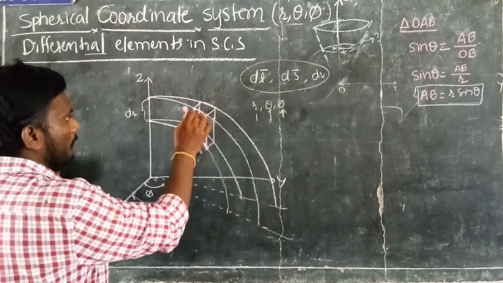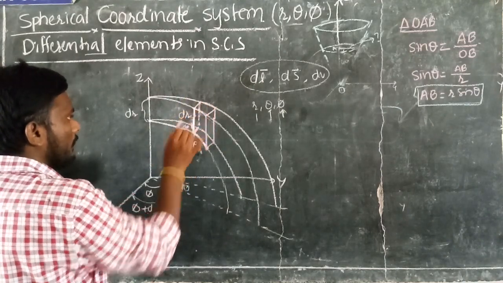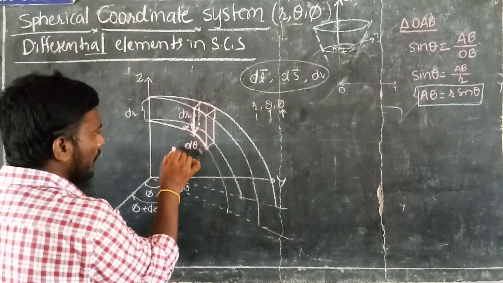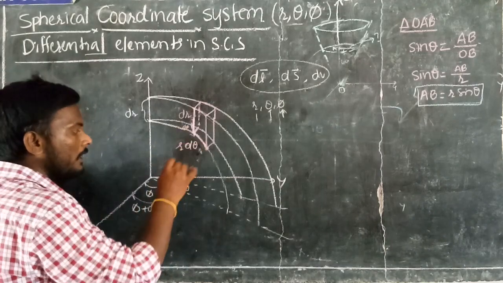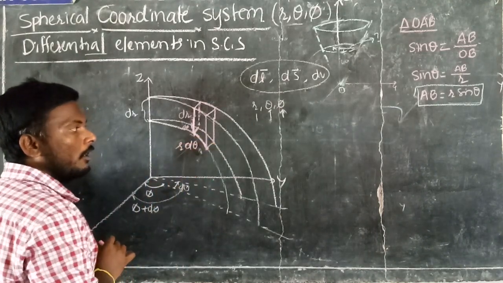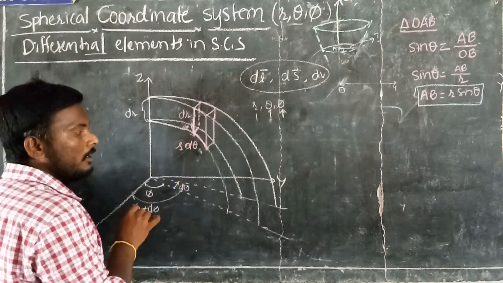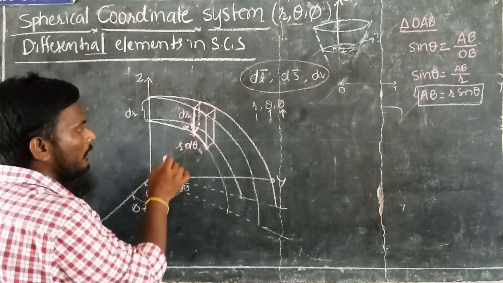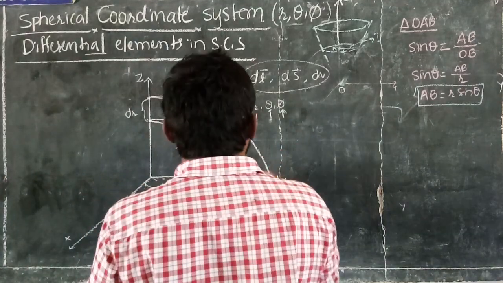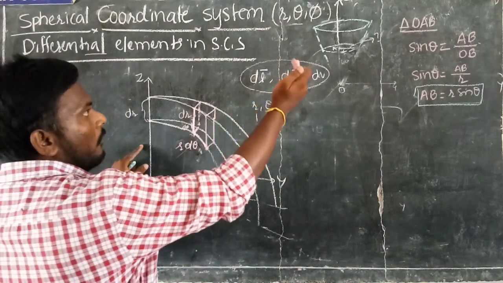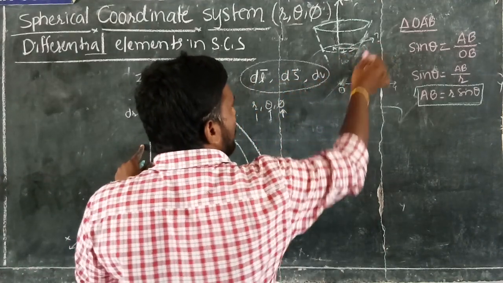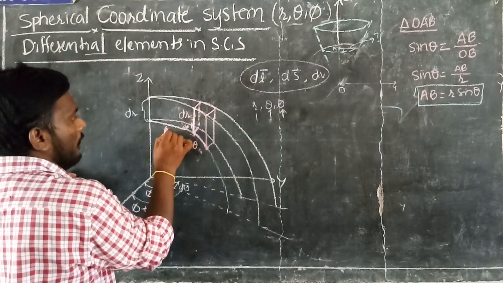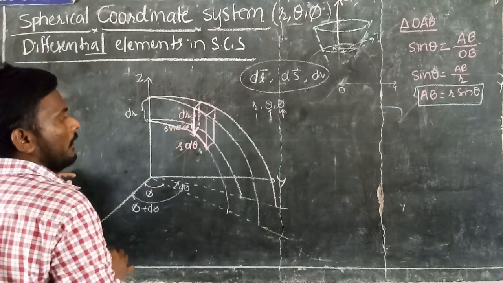Now first we should represent the vector lengths. So it is dr. Obviously it is correct. It is dr only. But see, it is not a d theta. It should be written as r into d theta. Why? Because this theta is varying with respect to r. It is maintaining r distance from the origin, so we have to write r into d theta. Similarly, what about this? How much distance does it have? The common portion between sphere and cone is this one. So what is this length? It is r sin theta. So that's why this phi is varying with r sin theta into d phi.